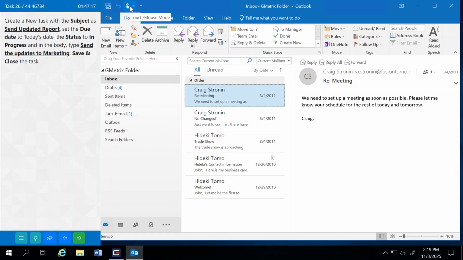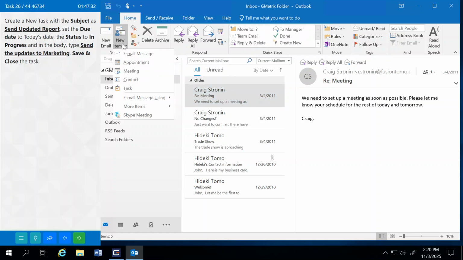26. Create a new task with the subject as Send Updated Report. Set the due date to today's date, the status to In Progress, and in the body type Send the updates to marketing and save and close the task. So Home tab, New Items drop down, Task,